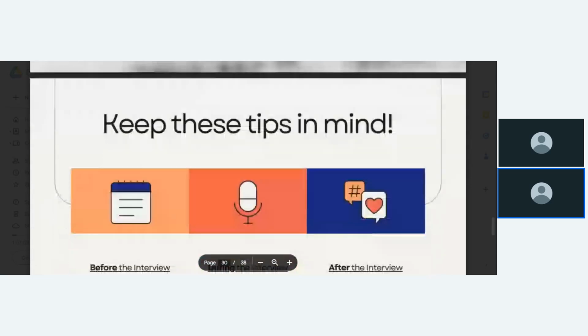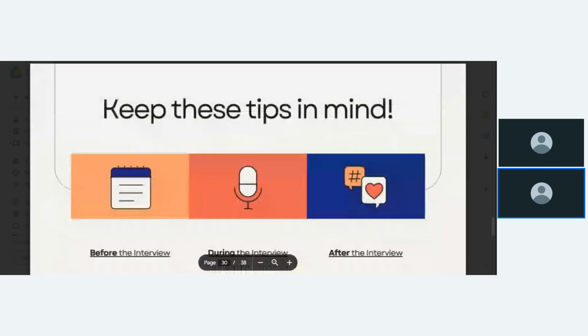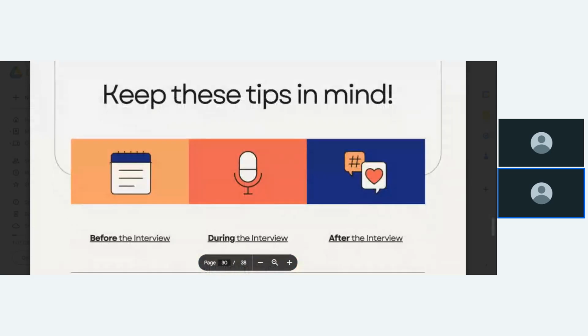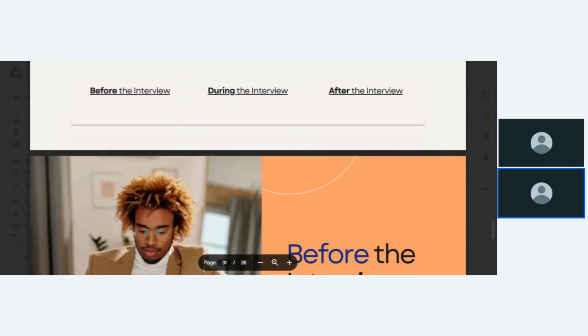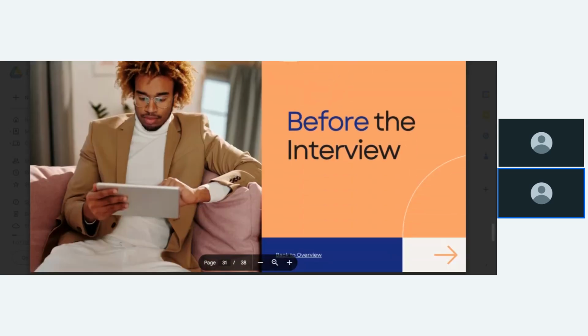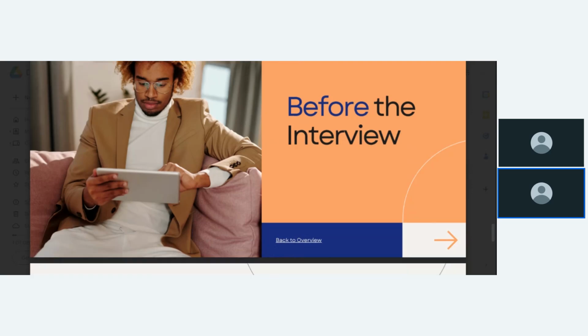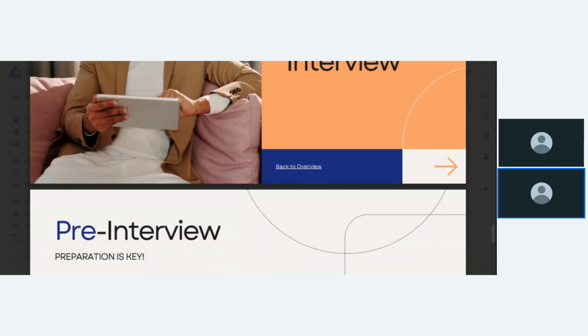As we are coming to the end of week one, I would want us to keep these tips in mind. What to do before the interview, during the interview, and of course after the interview. We already touched on most of these, but like I said, have these in mind.